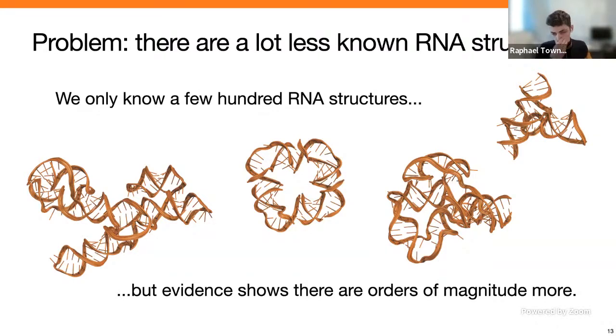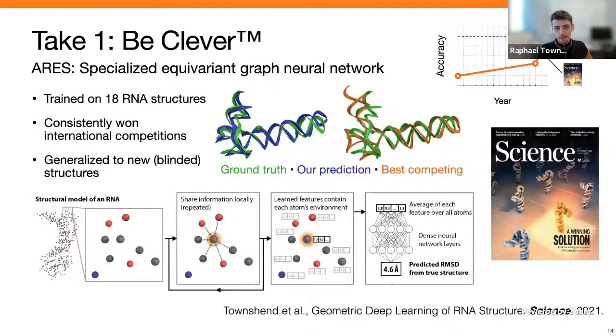And so this is where a lot of my work that initially started at Stanford really kicks off. The first take that we did on this was essentially that of being clever, so to speak. You can train specialized machine learning models on molecular structure. In this case, a thing which we call an equivariant graph neural network that encodes the right rotational symmetries into these graph neural network layers, to be able to train it on a very limited amount of data, in this case 18 RNA structures, to learn what makes a good versus a bad RNA structure.